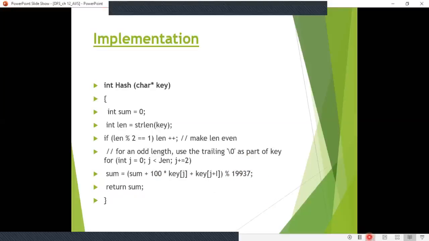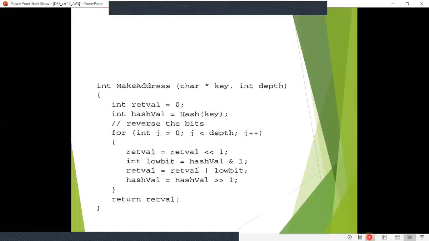Along with this hashing, we will be using this hash method in one more method called make address. Now in extendable hashing, since we need to distinguish between buckets, we need more bits of the hashed address. So we have one more method added to the hashing algorithm, called make address.